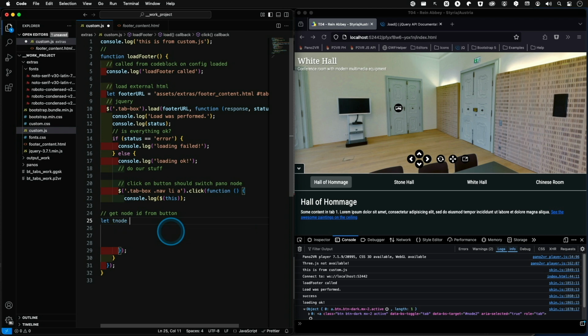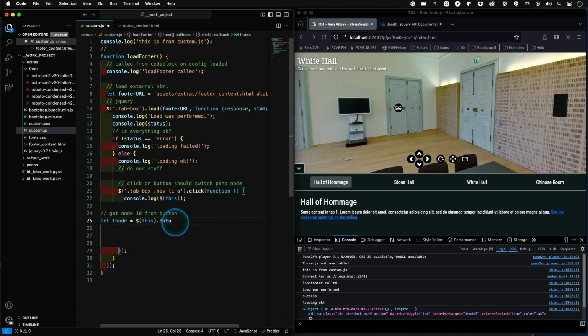So this is a variable where we want to store this parameter we grabbed from here. And now it's pretty easy. We take this $this as the object we currently have, and this object can have attributes. So we can start with the attribute parameter, but we also can use a reserved function we have. Everything that starts with data- is in jQuery directly accessible with the data attribute, and then we only need